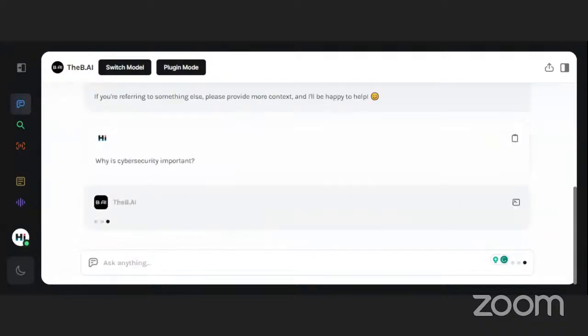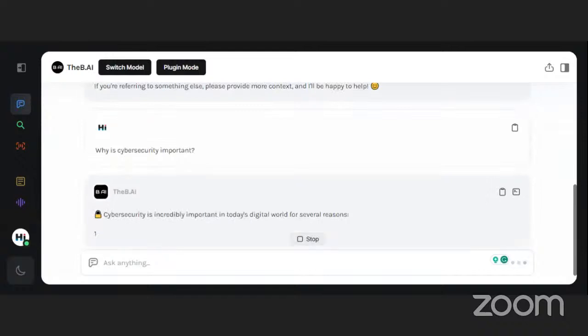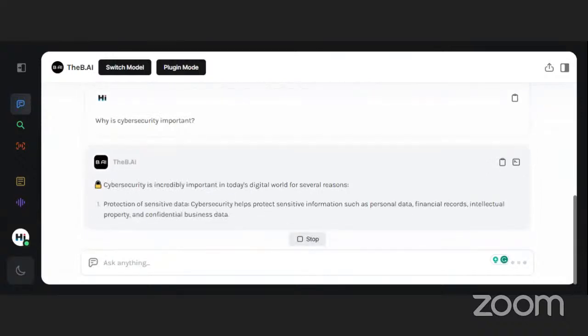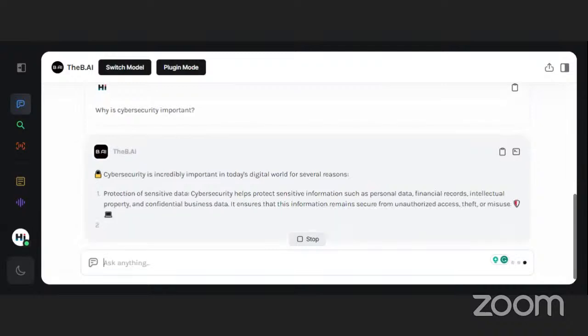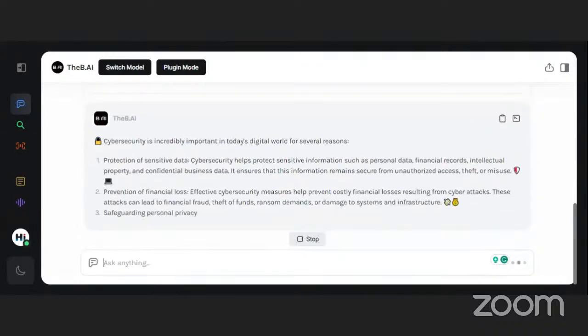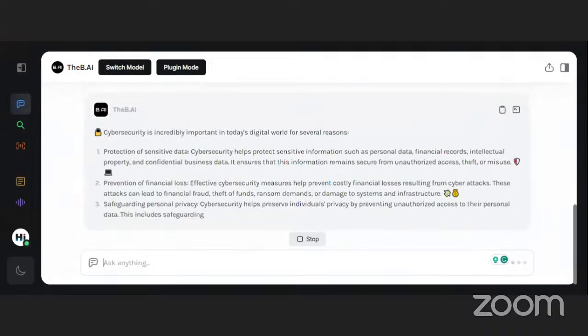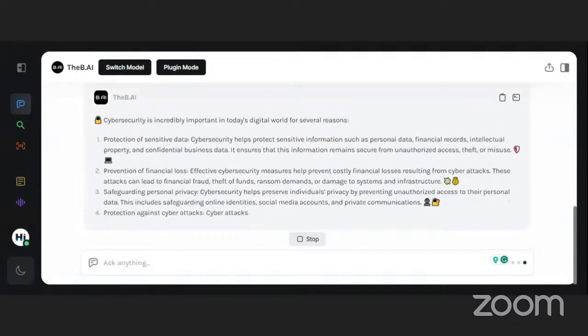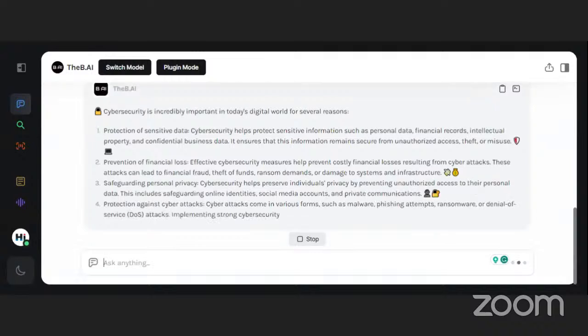Maybe anyone of you has a question that I should ask the chatbot. Yeah. Cybersecurity is important for protection of sensitive data, prevention of financial loss, safeguarding personal privacy, protection against cyber attacks, and so forth and so on.